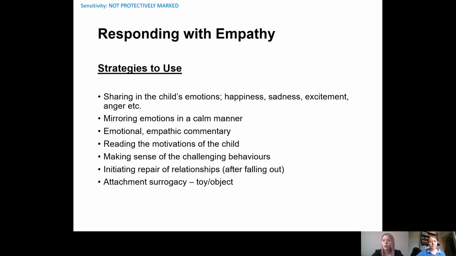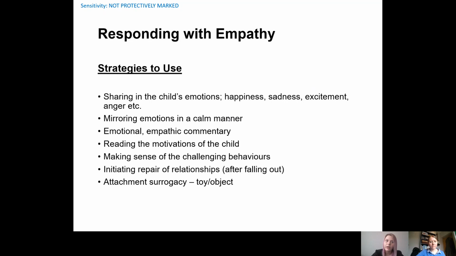And as it says in the top one, it's sharing in the child's emotions, in that happiness, sadness, excitement, anger, but you being that grounded person. So the adult would be staying calm, mirroring the emotions back to them and showing them that you're there for them and that you understand them, but in a very calm way, having that conversation, that commentary about how they're thinking and feeling with them, and using this as a time to get to the motivations of their emotions, and make sense of those things so that you can support them in the most accepting way. It can help initiate repair of relationships,